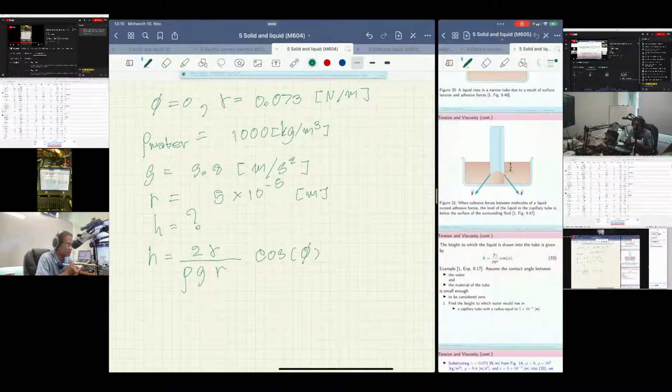Here, 2 times gamma, which is 5 times, oh no, this is radius. I'm still, gamma is very tiny. Okay, it's only